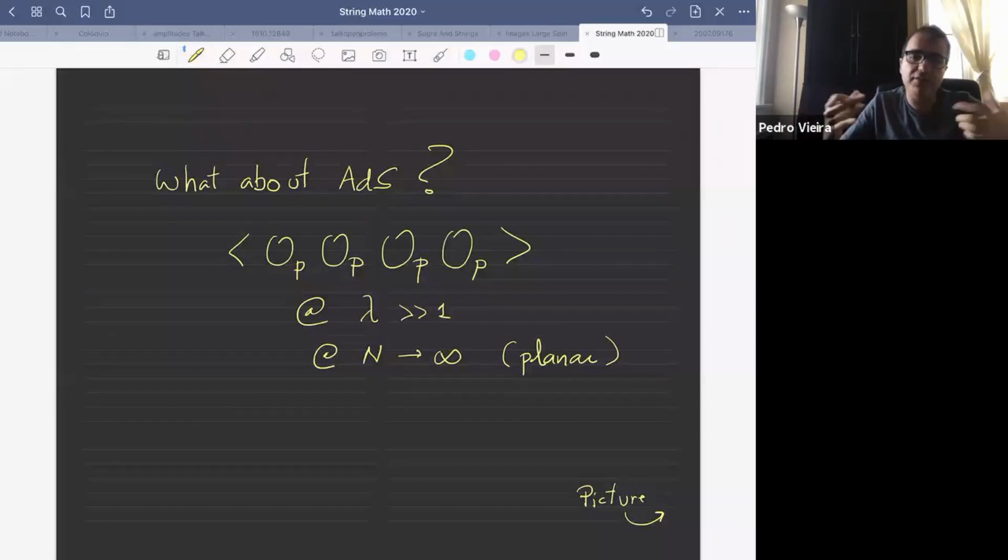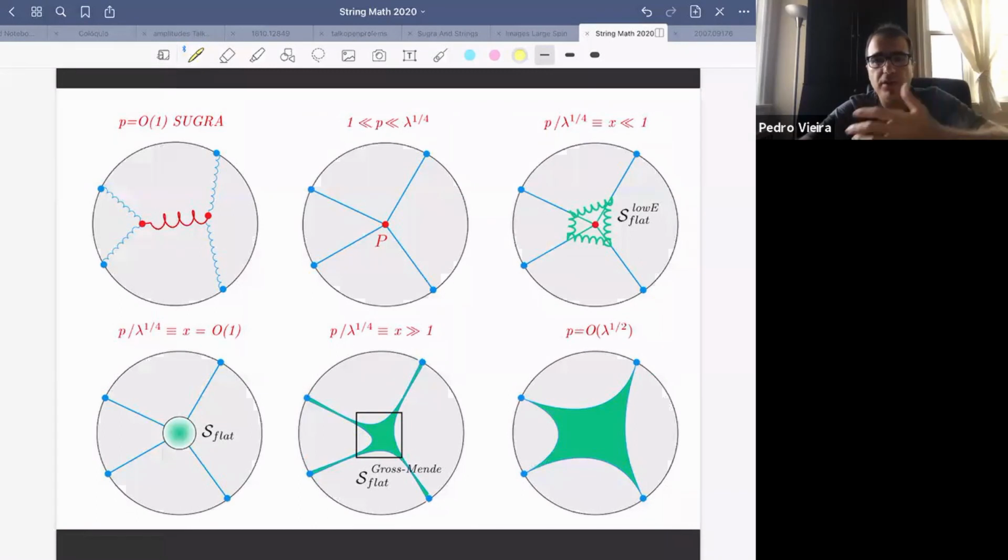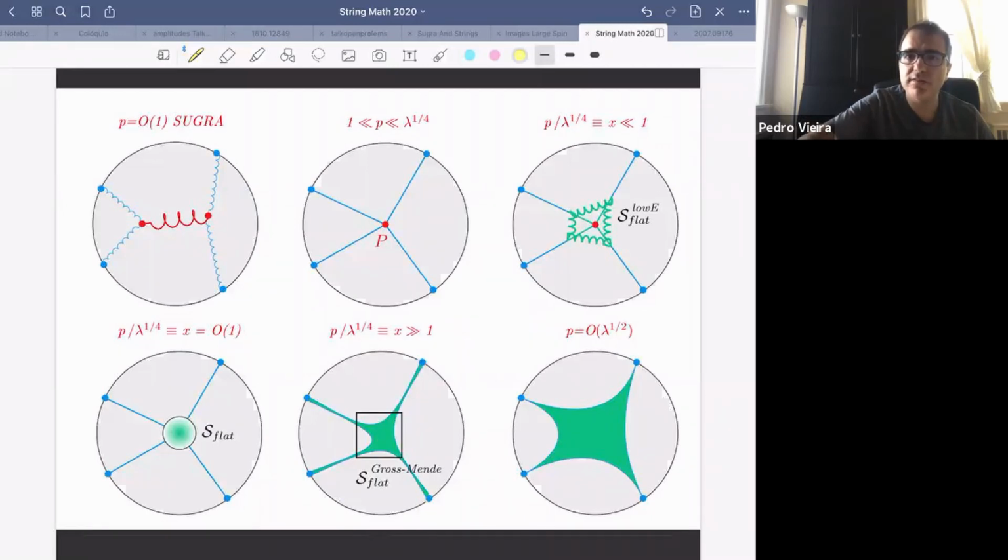And now I have the main take-home picture of what the physical picture should be. Before, we started with the formulas and then we made a picture because we had full control. Here we start with a picture and then we'll try to come up with the formulas if we can, because AdS is much harder than flat space and we cannot solve everything. Okay, so here would be the physical picture for the various regimes, how you should think of these correlation functions,